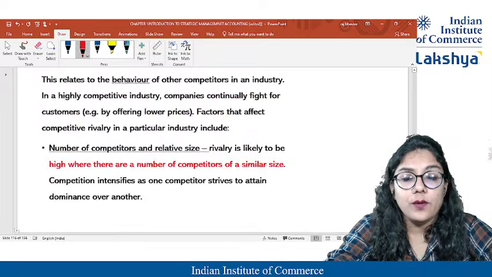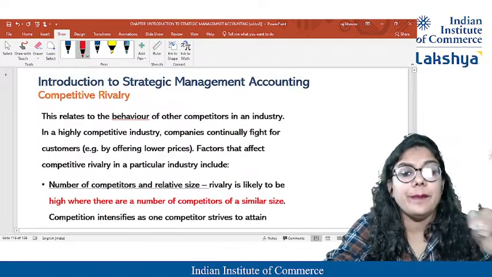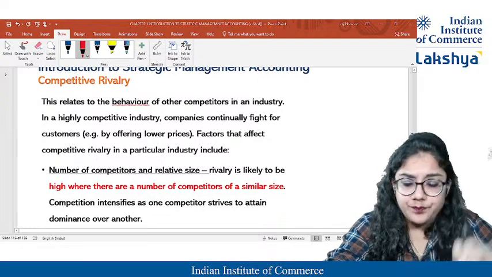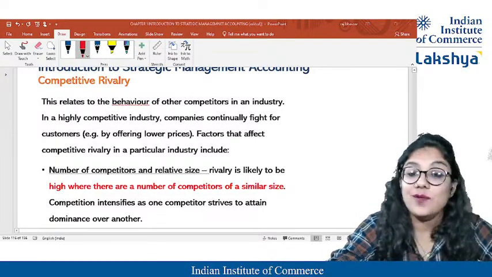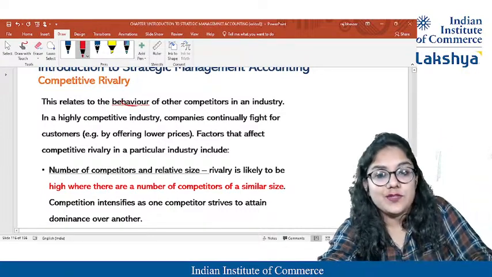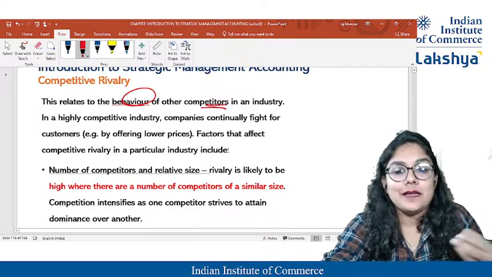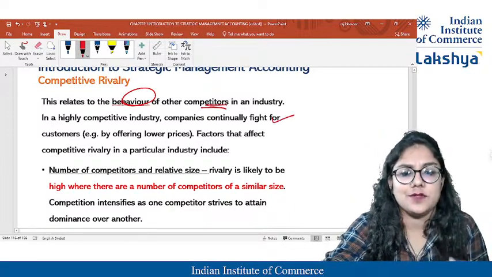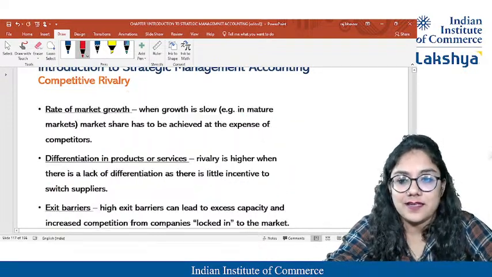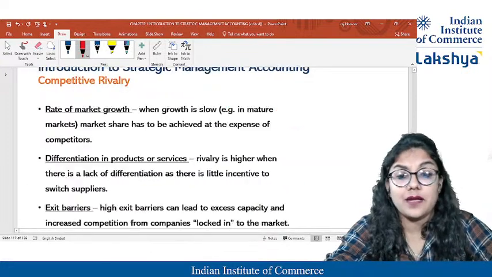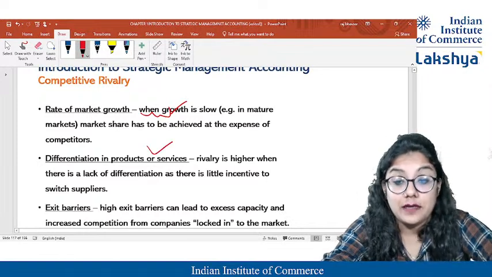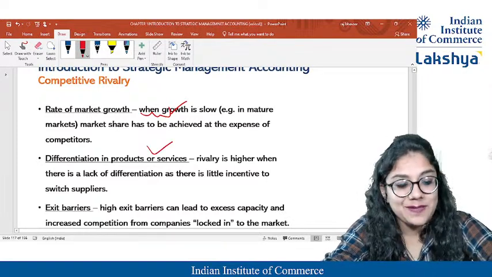Yeah. Now, the last topic that we have is basically competitive rivalry. For example, if I am getting the same goods at a cheaper price, I'll go there definitely. Why? Because I want the competitive advantage, isn't it? So this relates to the behavior of other competitors also. Companies fighting for the customer can be a situation. It can be the number of competitors, their sizes, and ability to sustain. Then how the market is growing ahead may be the reason. Differentiation of product and the exit barrier can also be the situation.